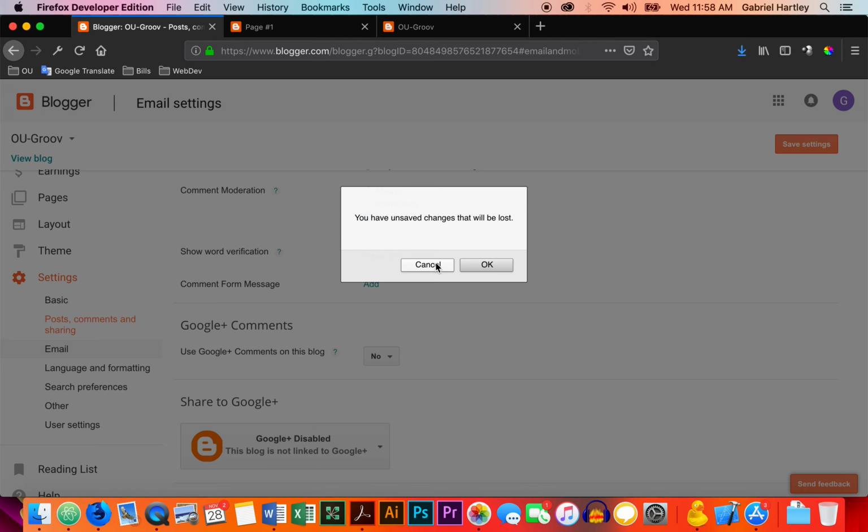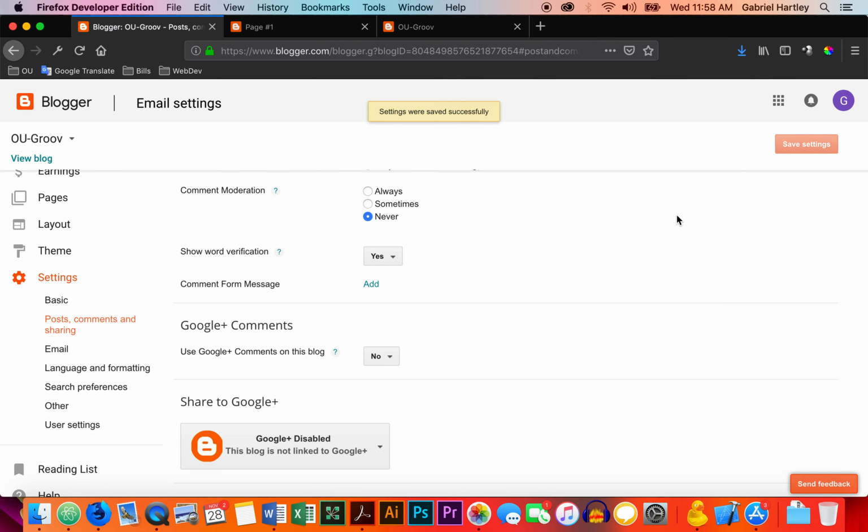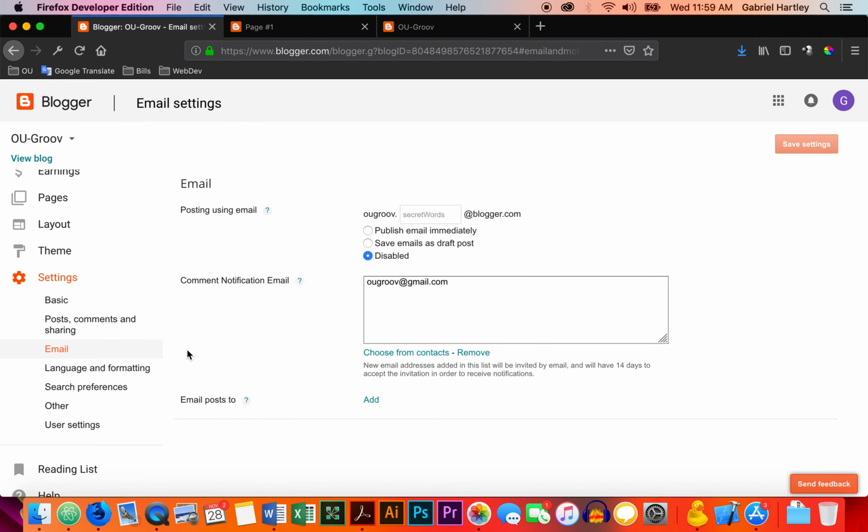Email. Oops, I didn't save the settings, so let's go back. It's good that it warns you about that, because otherwise you'll lose the changes you made. Email, comment notification email. Now this I was having trouble with before, and I'm not. I will do a temporary. Let's just,